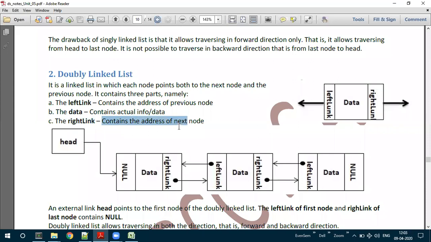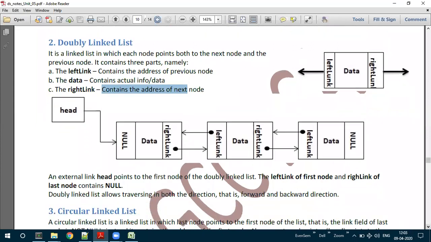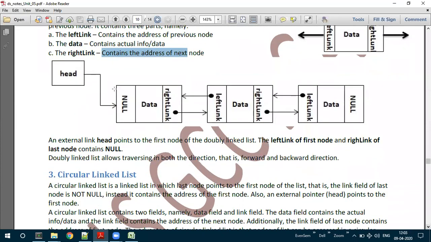Now the other main concept of this doubly linked list is what the first node's left link and the last node's right link should contain.